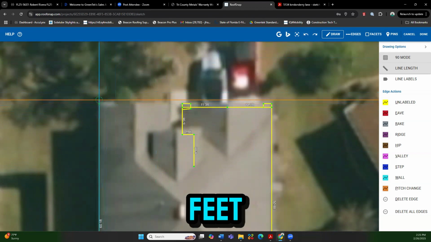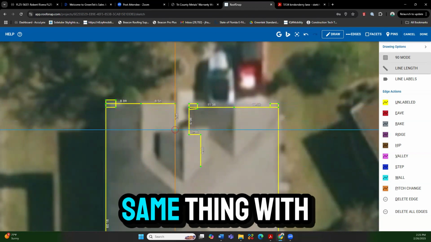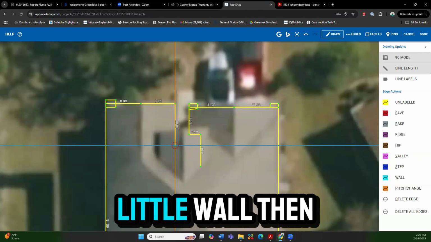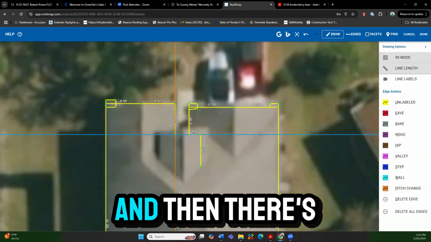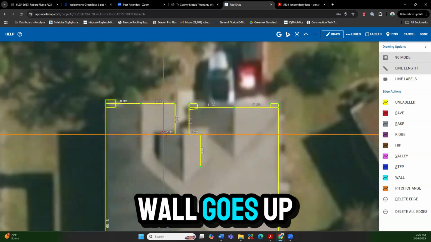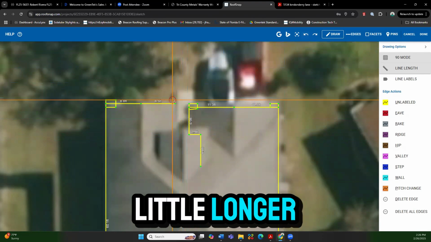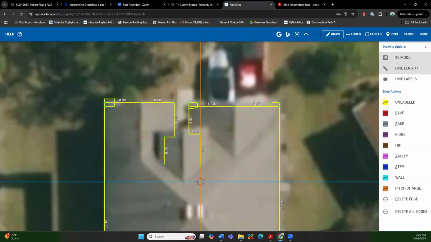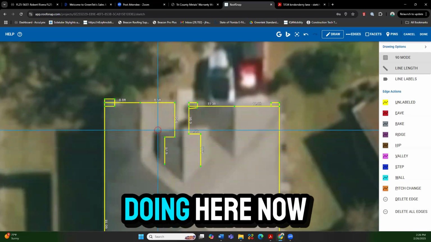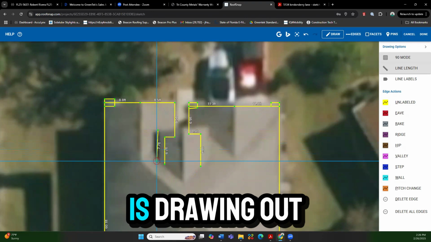Going to go back to 2 feet. Same thing with this one. This is also going to have a little wall. It's going to come up right here, and then the wall goes up. I'm going to make it a little longer. That's it, like that. Now it looks a little funky, guys, but what I'm doing here now is drawing out